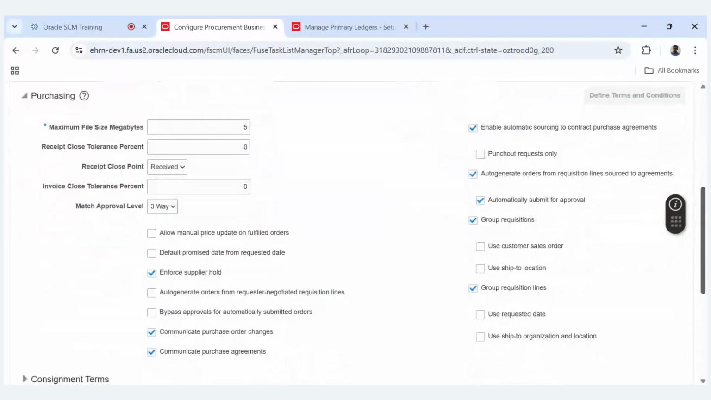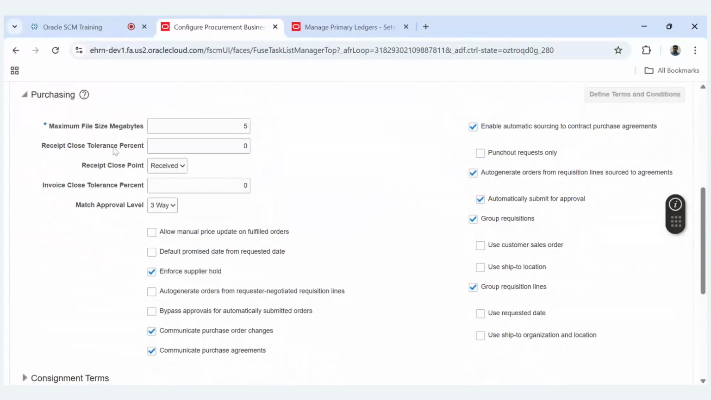Okay. And then this is similar to the reservation if we want to set the tolerance for the receipt closure. So probably we can set the limit also. So let's say I have not received it completely, but I wanted to close this purchase order. So whether the system will allow or not. So for now I am not including any percentage, but then